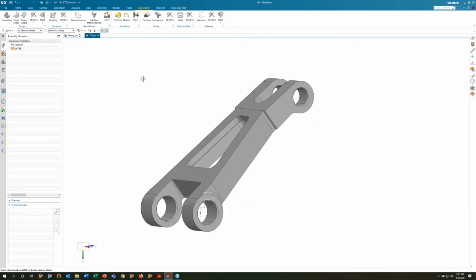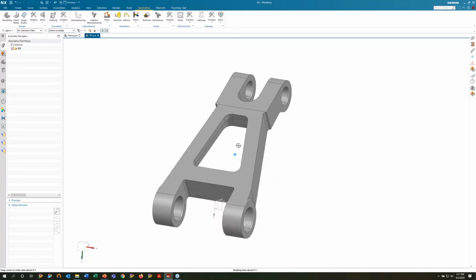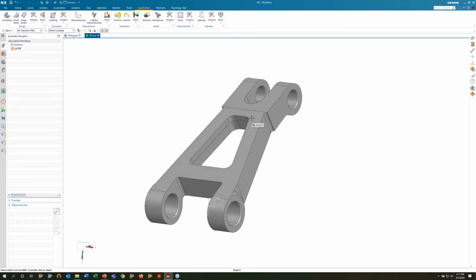So inside of NX, if you were doing NX, you're in your application, you're in modeling, and you'll notice that at the top, it'll say NX modeling or whichever application you are. And this is one of the powerful things with Simcenter 3D: you are in this NX modeling. So here's this master part that we could go ahead and